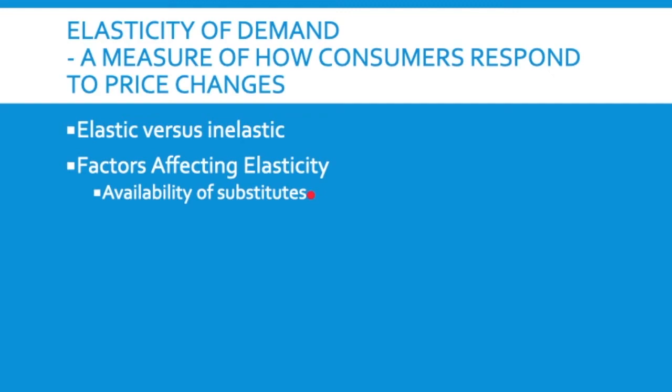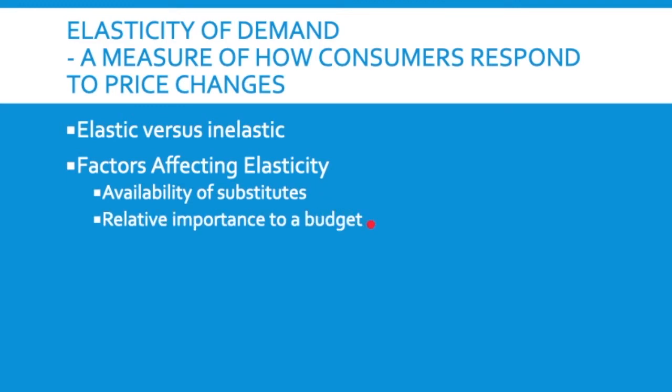Think about something that has no substitute, such as water. There are other things you can drink, but if you want water, there's only water. Since there's no substitute, your demand is more inelastic. Price changes in water probably won't lead to people buying a whole lot less water. If there are plenty of substitutes, like soda, which I've talked about a couple of times: there's Coke, but then there's Pepsi, there are the off-market brands. Then my demand for Coke will change greatly every time the price goes up. I'll buy less and less of it and buy more of other things because they're available.